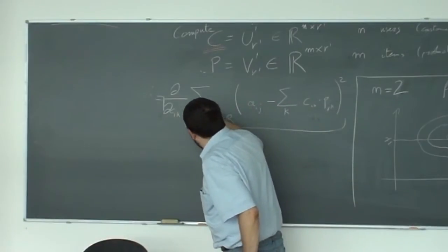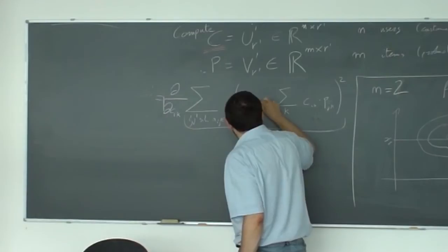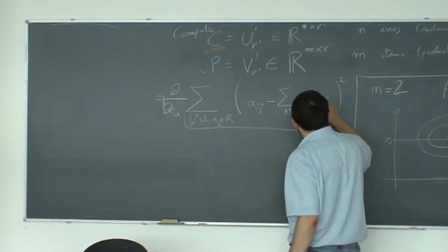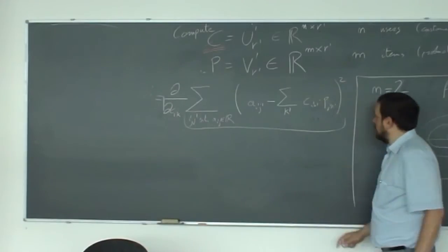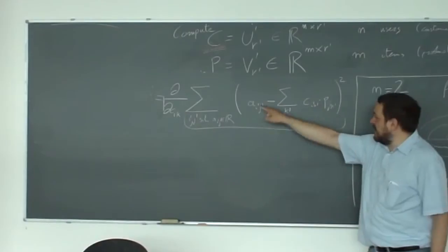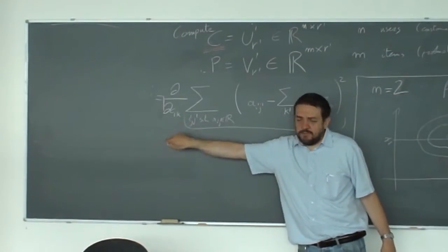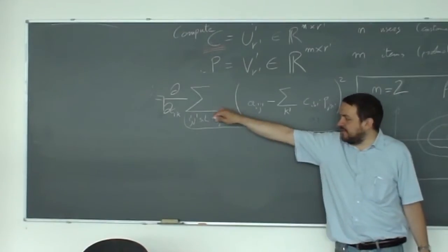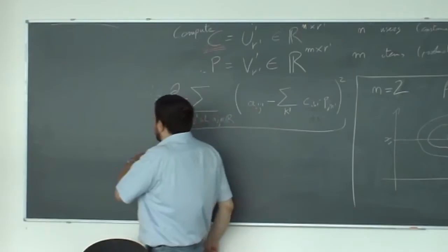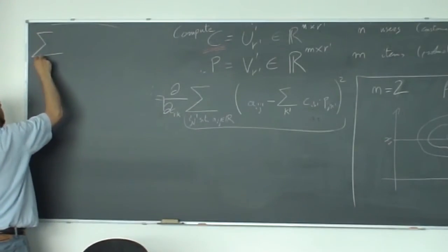So let me put some prime signs along here. Also k, i, k, j prime, k prime. The idea is that only the parts where i prime is equal to i have a derivative different from 0. So this sum just becomes a sum over j prime